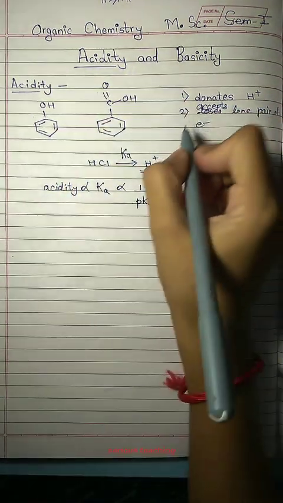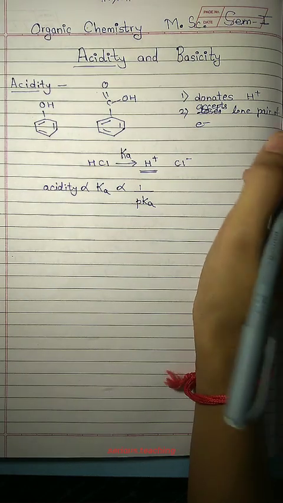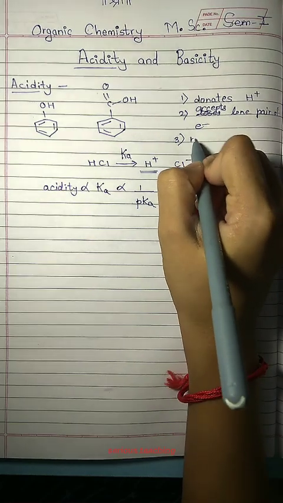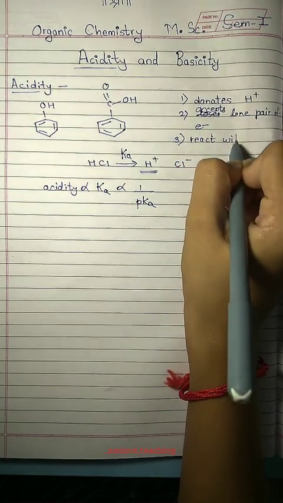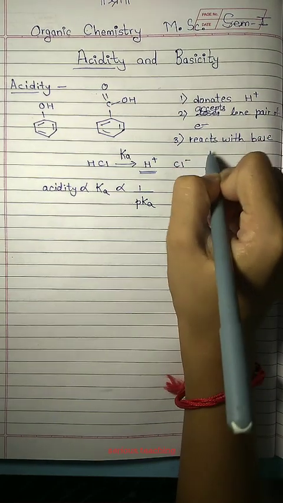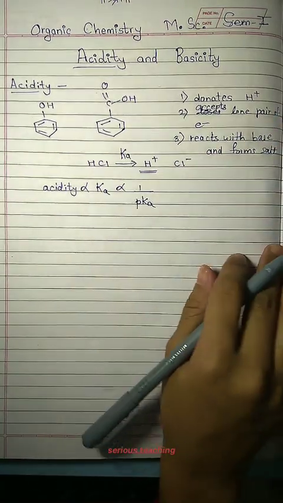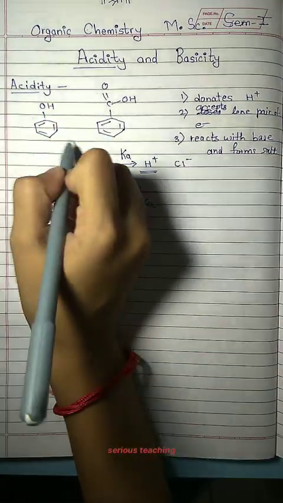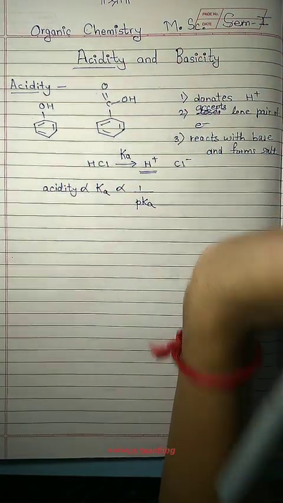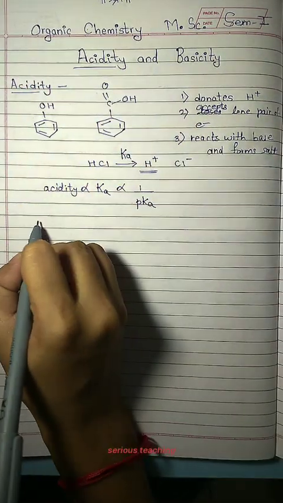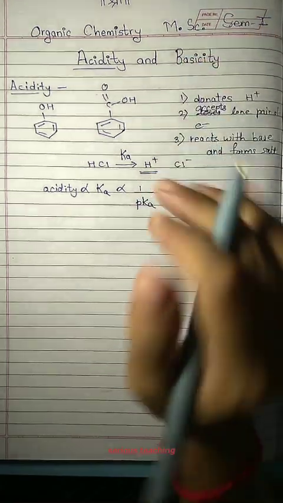Okay. So we know that acid is something which donates H plus ions. Similarly, it can accept a lone pair of electrons, and acid is something which can react with a base and form salts. So these are the basic definitions. Here, see, we have drawn a phenol and a benzoic acid. So now when we are going to compare the acidity, what will we do? We will try to find acidity. So how will we find acidity? This is just basic. We have to move forward from this by taking the clues of this.